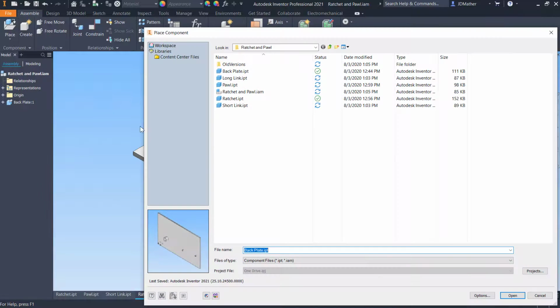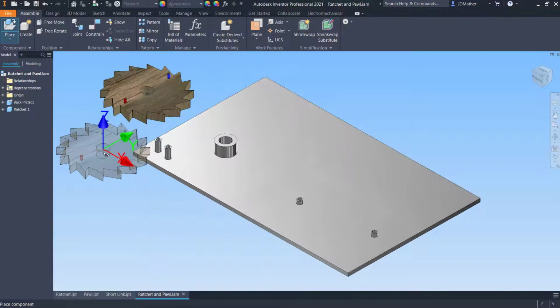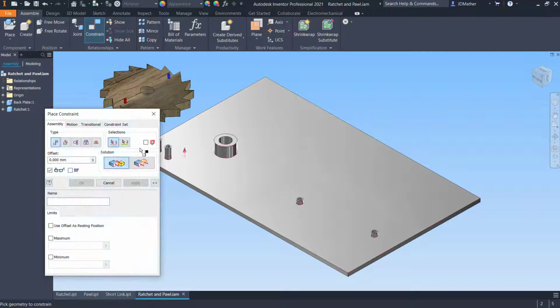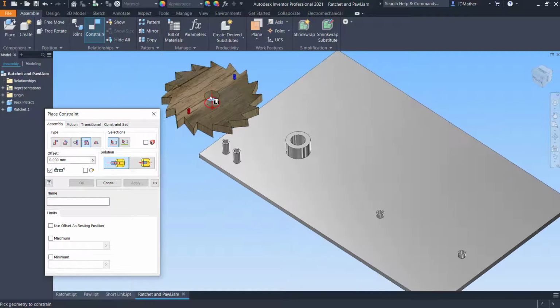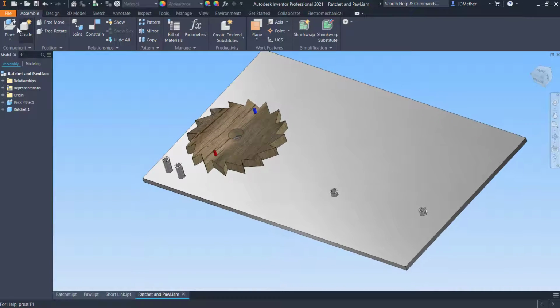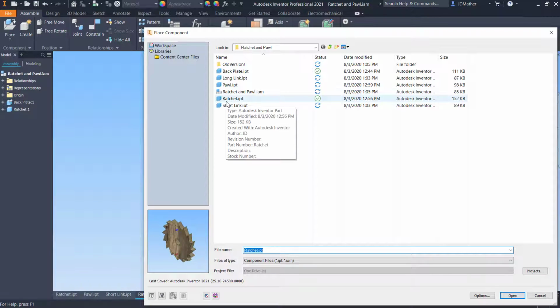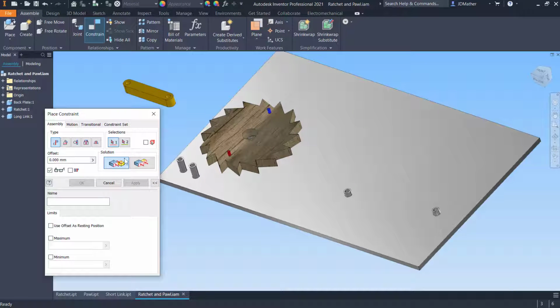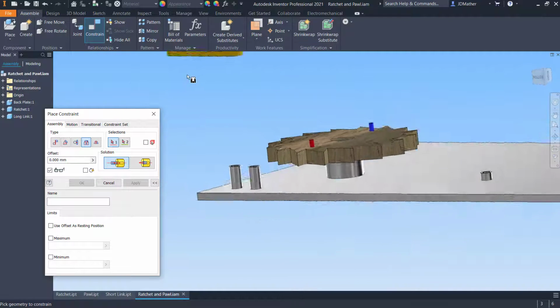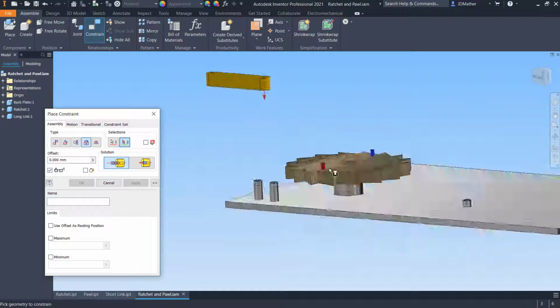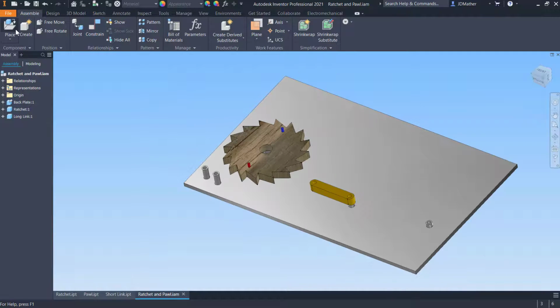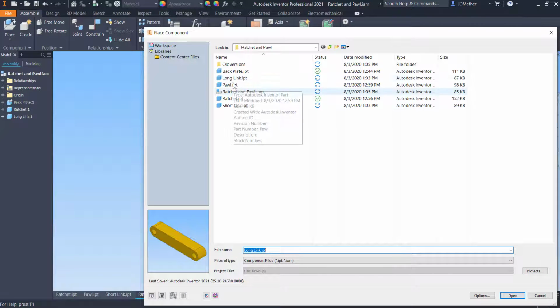I'll then do place, and I'm going to select the ratchet. I'll place it someplace on the screen, and I'll do an insert constraint of this ratchet onto this circle, and then I will do place, and I'll get the long link, and I'll constrain and do insert one of the holes on the long link to this circle, and then I'll do place, and I will get a short link,